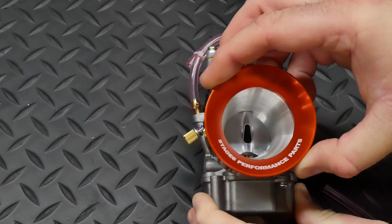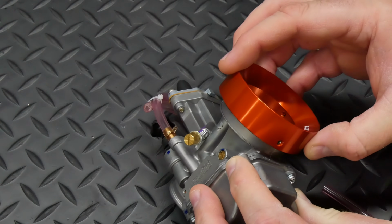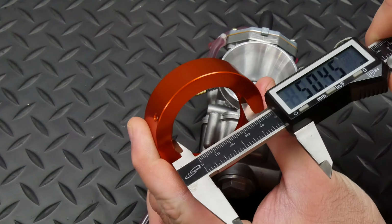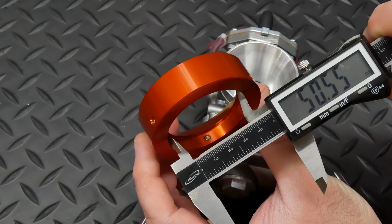The first thing that I wanted to do was install the Bellmouth and see how it fit, but it didn't fit at all. It turns out that this was meant for smaller versions of the PWK, but I didn't realize that. I needed to figure out if I could make the air filter adapter work, or if I needed to get a different filter. So I started by measuring the adapter, which was about 50.5 millimeters, and the carb, which is